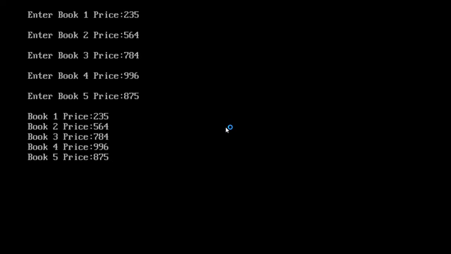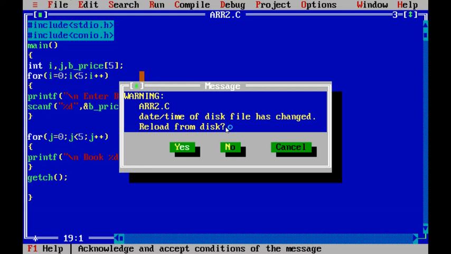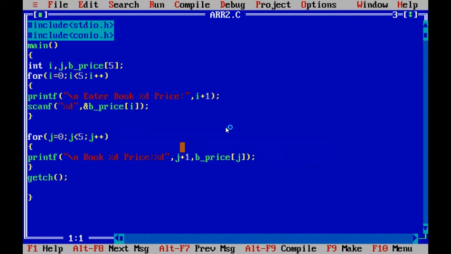In the last session, we got an error because we forgot the ampersand while reading the data. This is the mistake we made in the last session. Due to lack of time, we were unable to solve it. Observe this same program here.